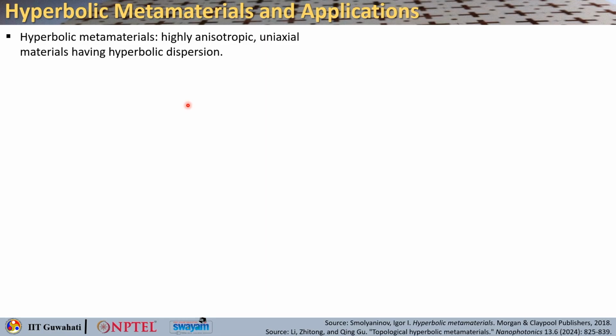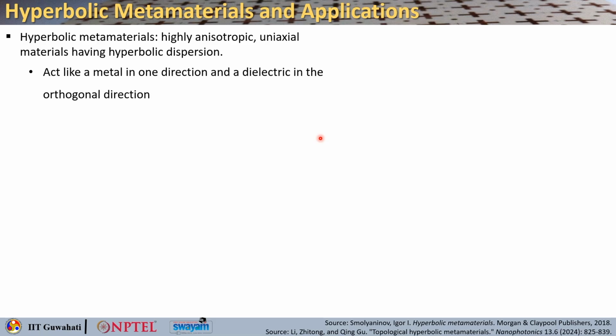So the final thing we will be discussing today is the hyperbolic metamaterial. Why are we considering this? Because hyperbolic metamaterials are known to have very high anisotropy. These are also uniaxial materials that have hyperbolic dispersion. So here you have hyperbolic metamaterials which act like a metal for certain polarization, or you can say direction of light propagation, and they behave like a dielectric for the other, right, because you have negative and positive permittivity tensor components that